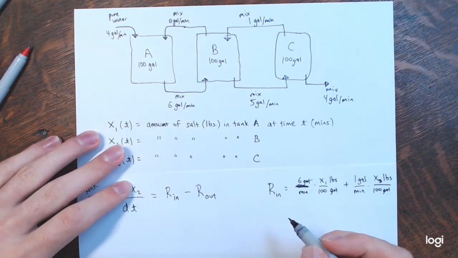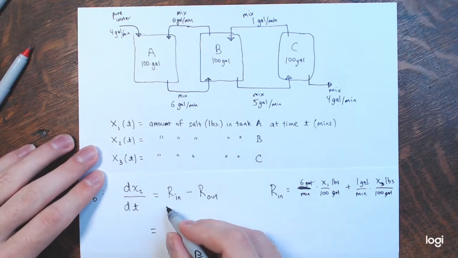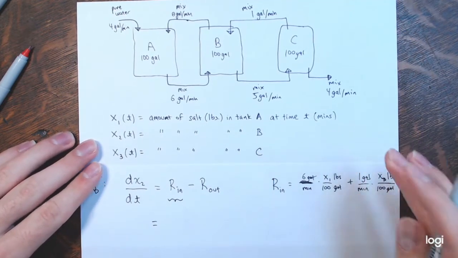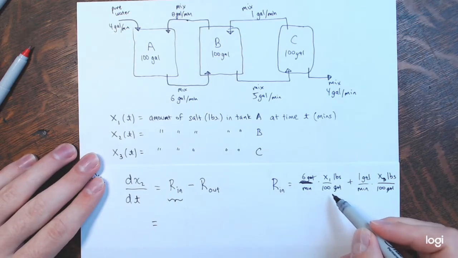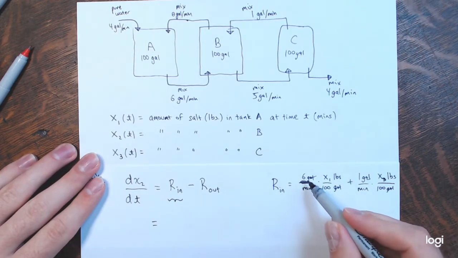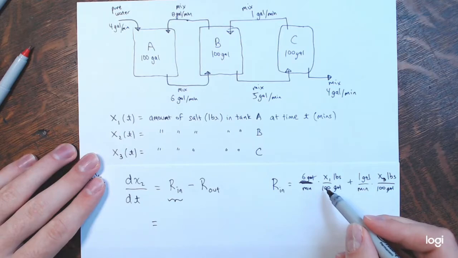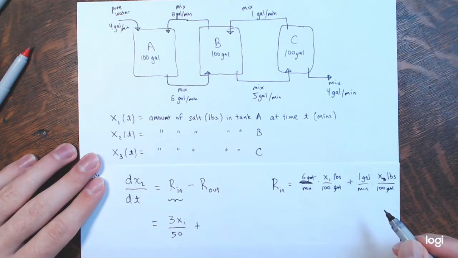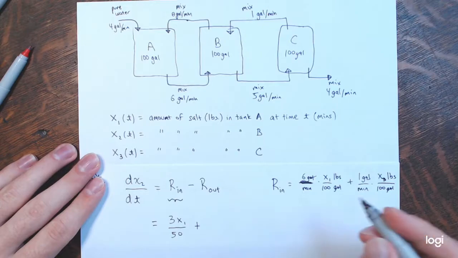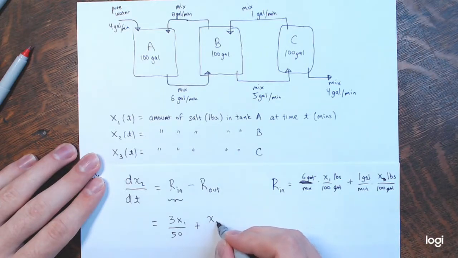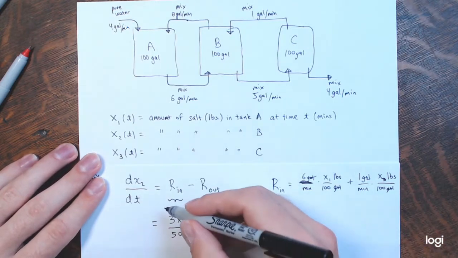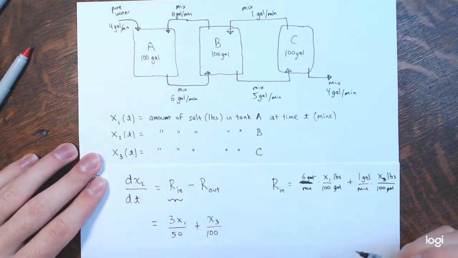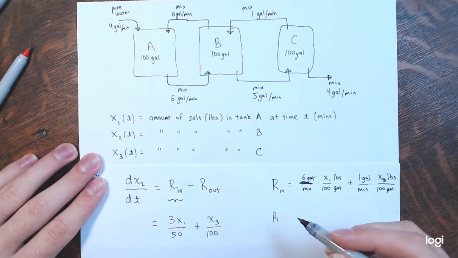And so the rate at which salt is coming in, if I reduce these, is 3x1 over 50 plus x3 over 100 pounds per minute. Okay, now that's just the rate at which the salt is coming in. Now I look at the rate at which the salt is going out